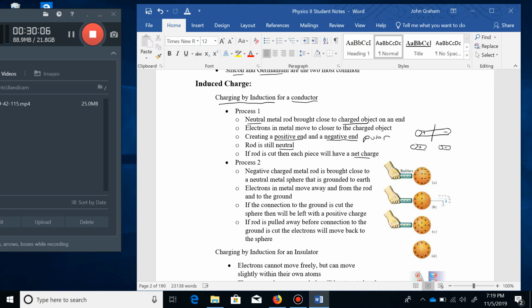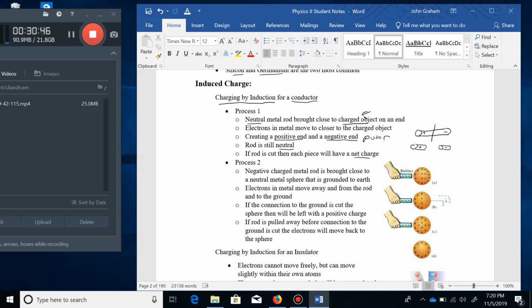This is one thing that's going to be different when we get to magnetism, but let's not worry about that just yet. When you cut this rod in two, because one end's positive, one end's negative, you get two differently charged smaller rods. And so this would be charged by induction. We use the positive charged object